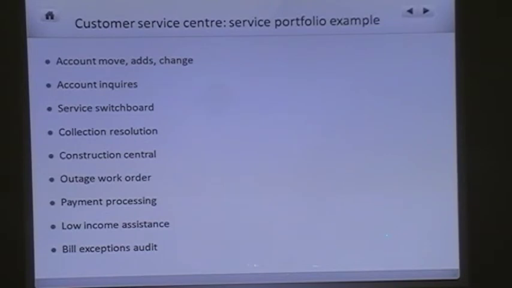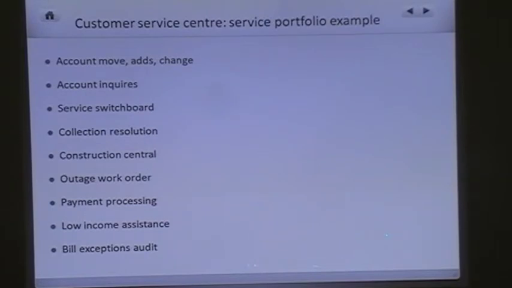One of the key elements that you look at, and let's look at an example, is a customer service center or a call center, wherein it is an example of a service portfolio. There are different accounts, there are different inquiries which come through the phone, email, through the website. There is a switchboard, you have a PBX in the call center. You're looking at a collection resolution. That means